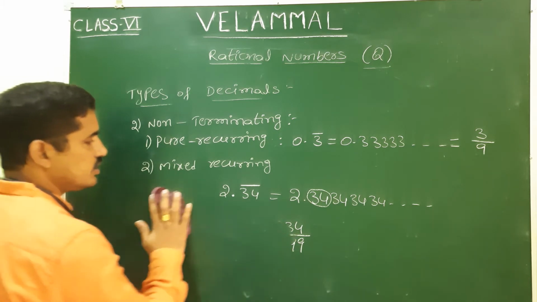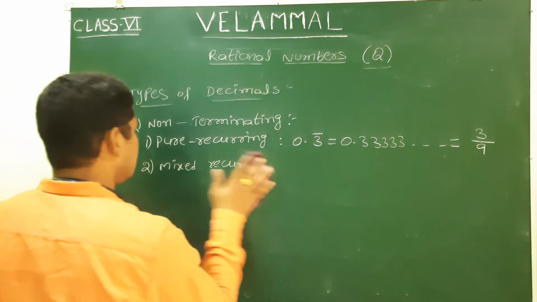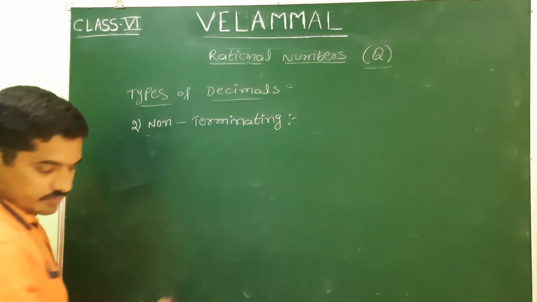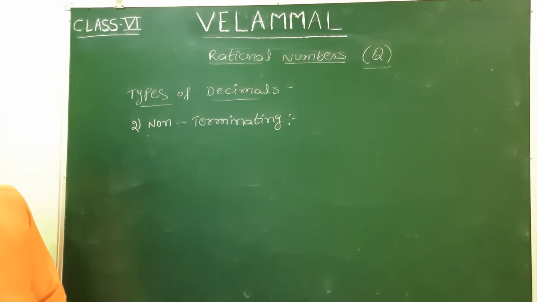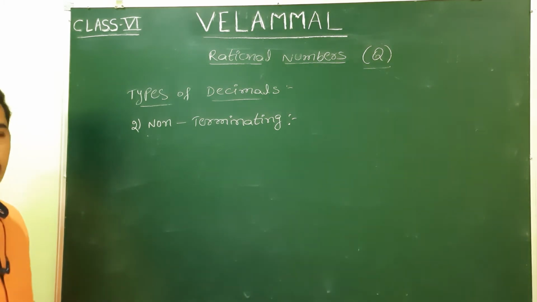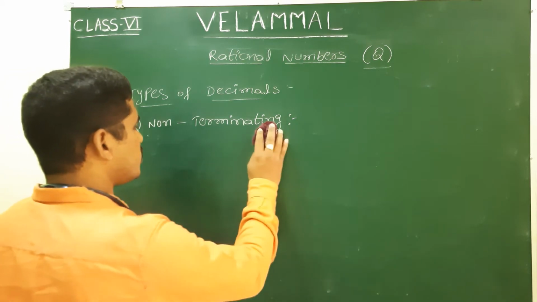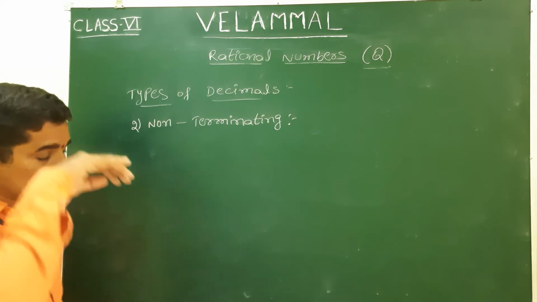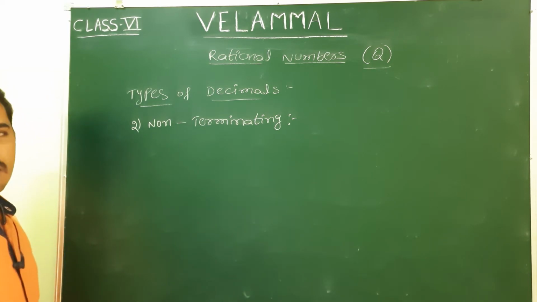Conversion of mixed recurring numbers into rational number form. Okay. Next, we have completed period and periodicity, and mixed recurring. Next, how to convert a number. We wrote it with the shortcut method, but actually how we can convert the given number into the recurring or rational number form, we will take.